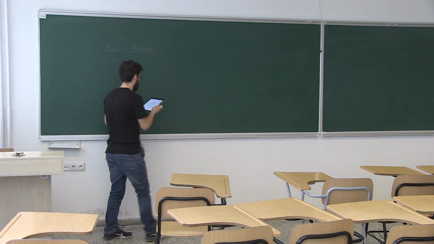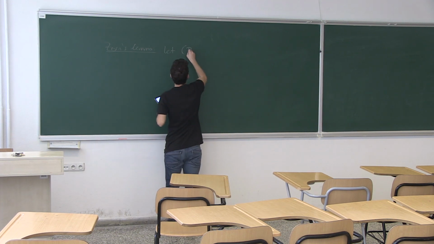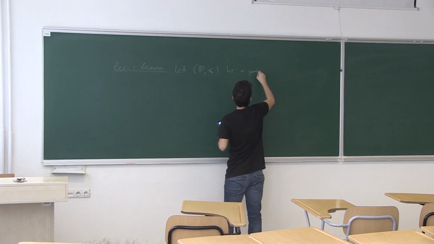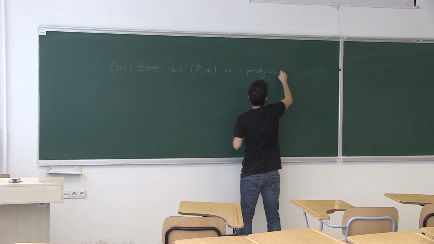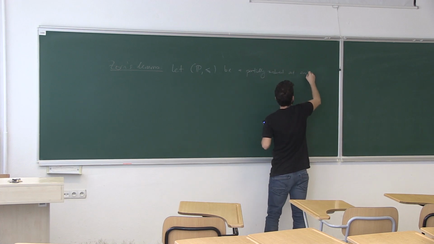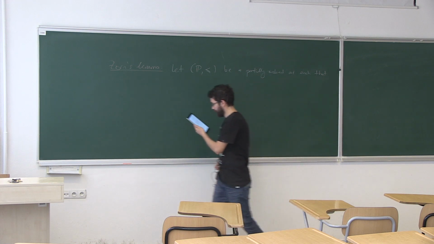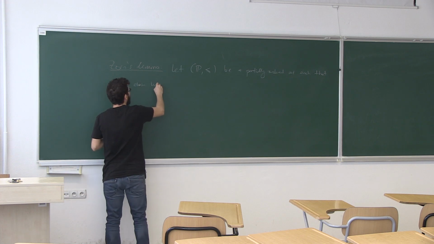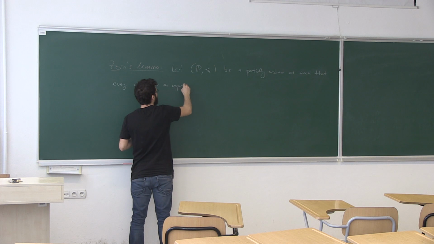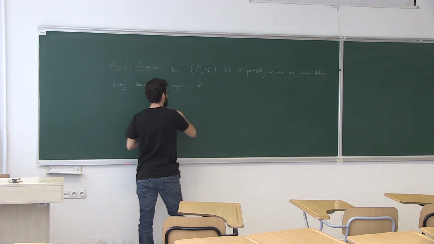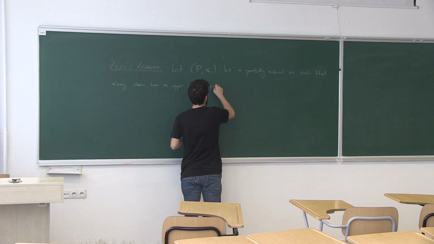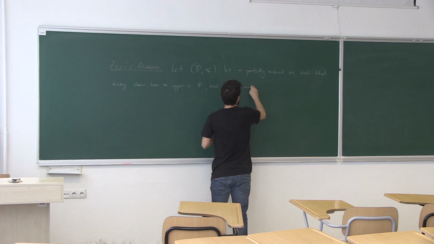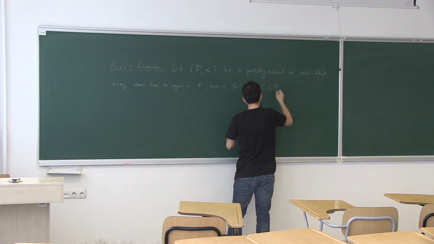So let me state Zorn's lemma. Let's say that we have a partially ordered set such that every chain has an upper bound in P. Now I'm going to explain what this is, and let me explain what this word means. That is, for every subset C,